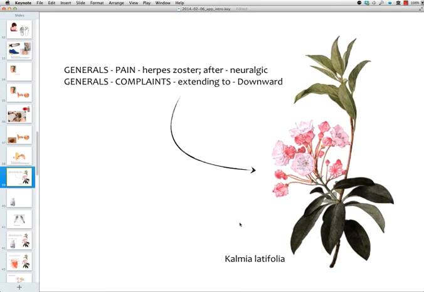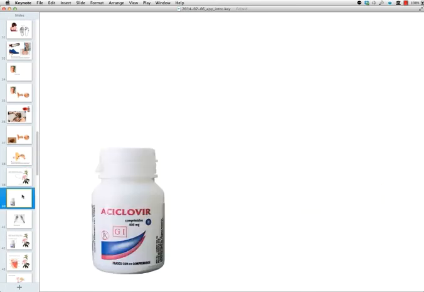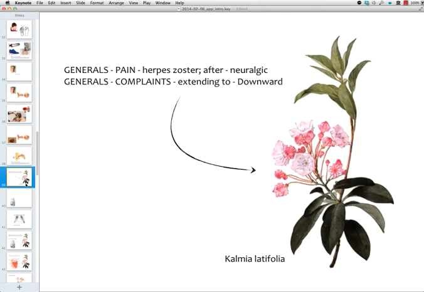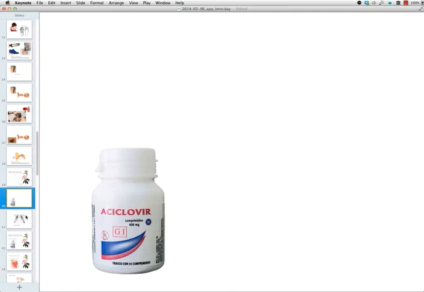That quickly gave me the remedy, and there were a few more remedy symptoms to the case, okay, but they gave me the remedy Kalmia latifolia, the eastern mountain laurel. Now the problem was this: in addition, because I'm a homeopath, I'm taking her case pretty thoroughly. In addition to